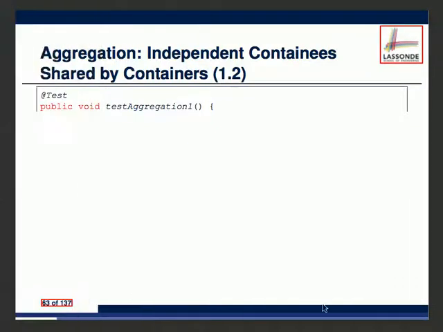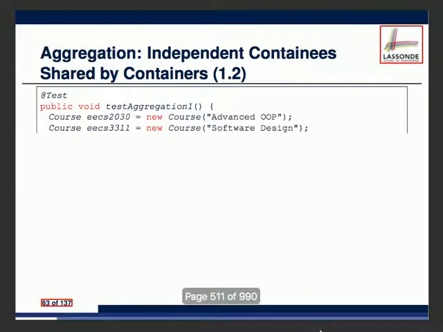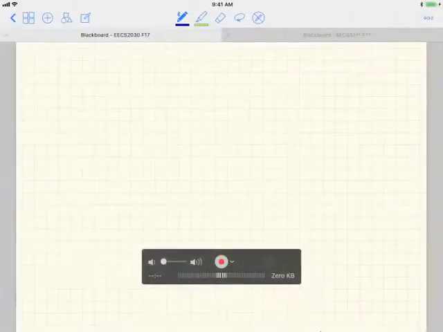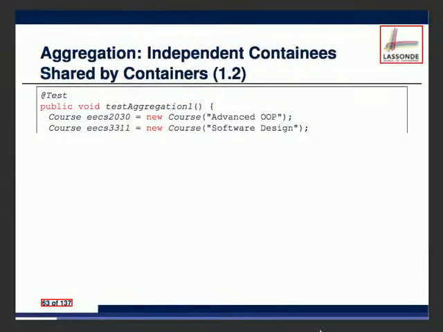So now, let's do one by one. First of all, let's say we got two courses. We have 2030, we got 3311. We got two course objects, okay? So now, let me just add a new page and then I'll show you the iPad. It's better that we trace this properly. Okay, so this is what we have. So now we got two objects,